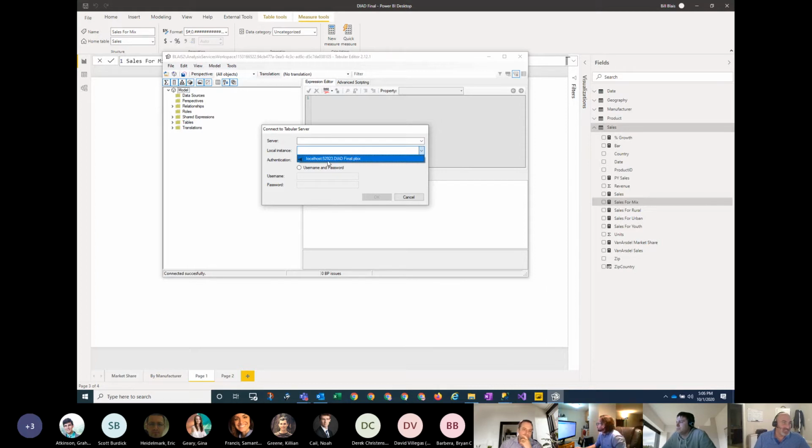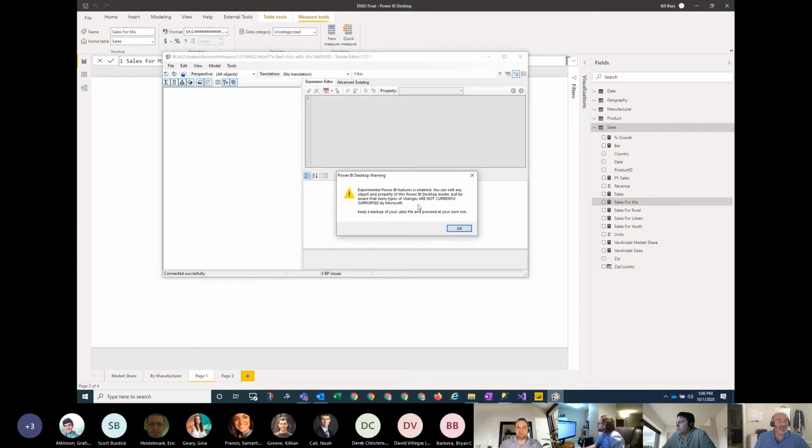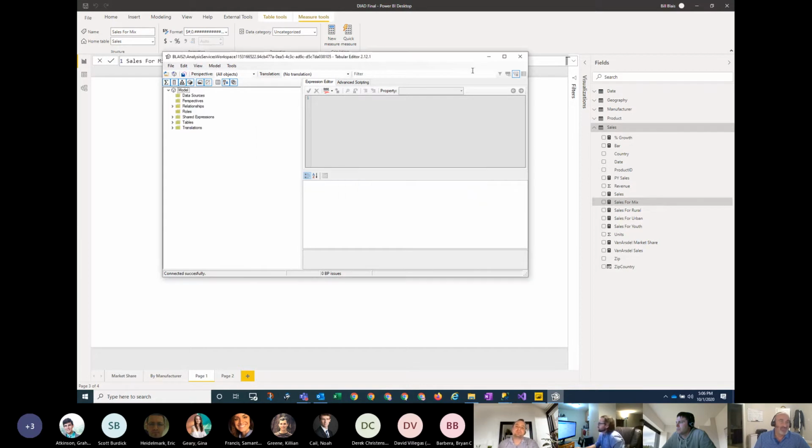If you look, it gives a little port number, and it's actually, quote unquote, a cube running on my machine, and I'm just connecting to it, right? So you can connect using this local instance dropdown. Any data set you have open is going to show up in the list, and you pick the right one. As soon as I do that, I get the little warning again.